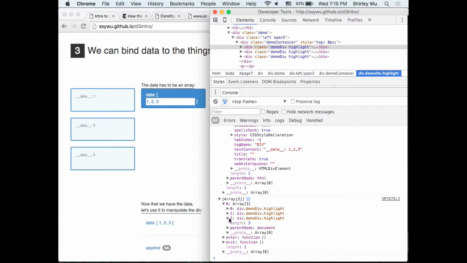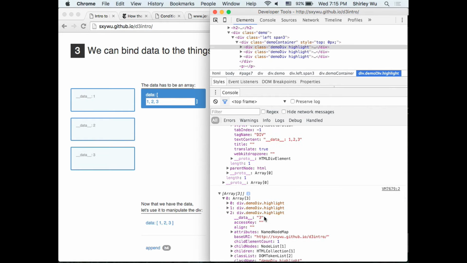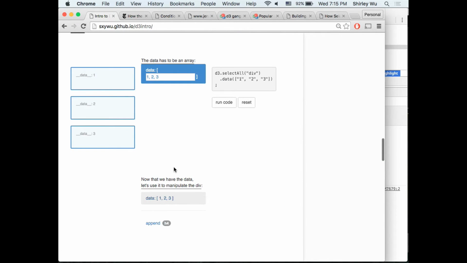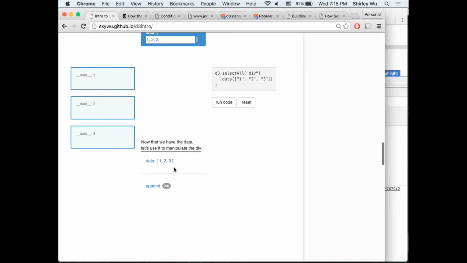And for the third one, it's a string of 3. So you might be like, all right, that's cool. Like, what am I going to do with this piece of information? So the really powerful thing about D3 is that now that I have this data bound, let's say I append